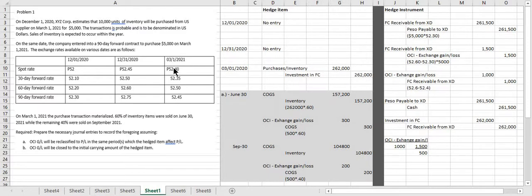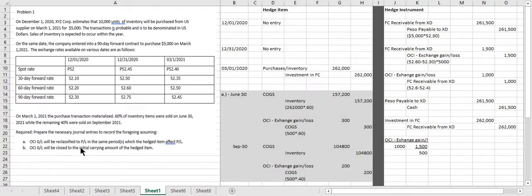March 1, 2021. Okay. Additional information, on March 1, 2021, the purchase transaction materialized. 60% of inventory items were sold on June 30, 2021, while the remaining 40% were sold on September 2021. Okay? Now, required, prepare the necessary journal entries to record the foregoing, assuming that OCI or other comprehensive income gain